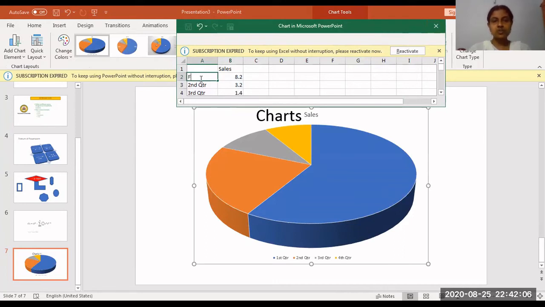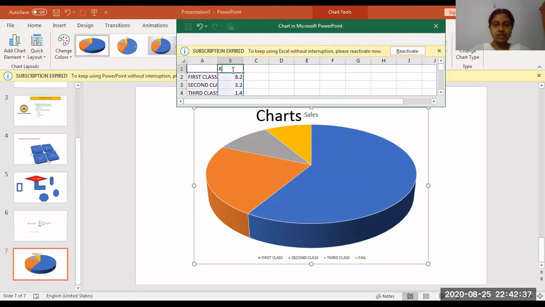So I'm changing this value to my value. I'm giving first class, second class, here I'm giving third class, then fail.